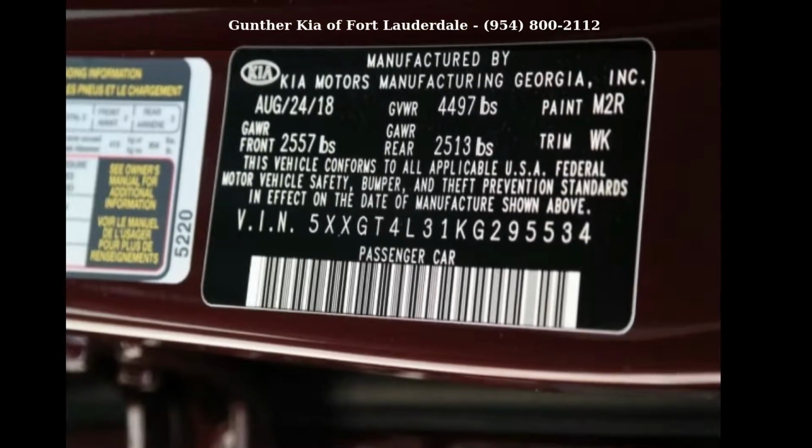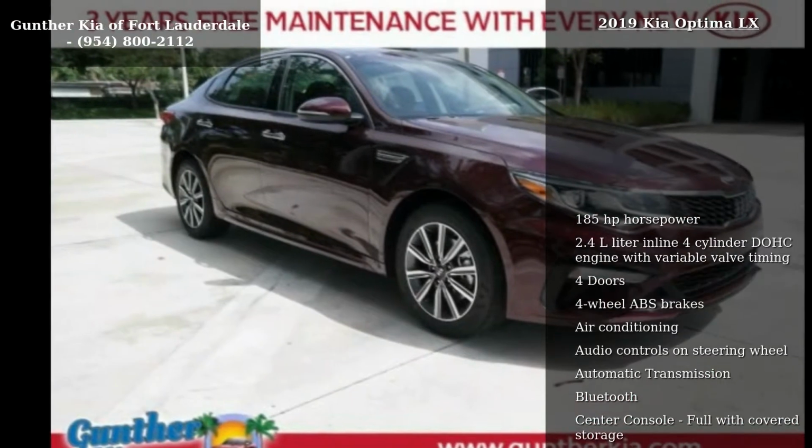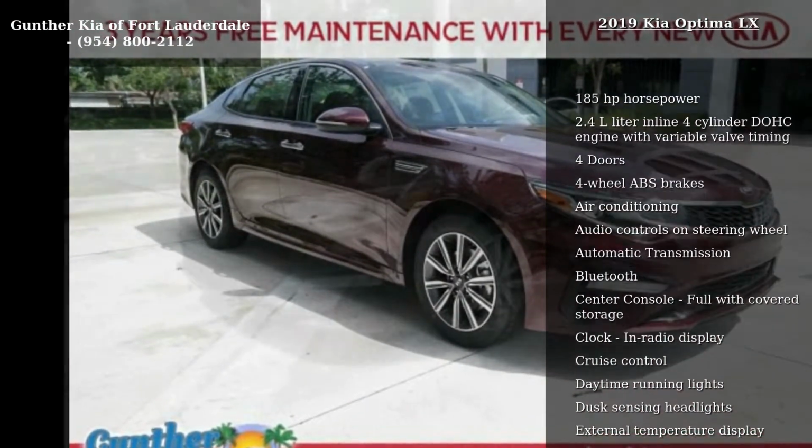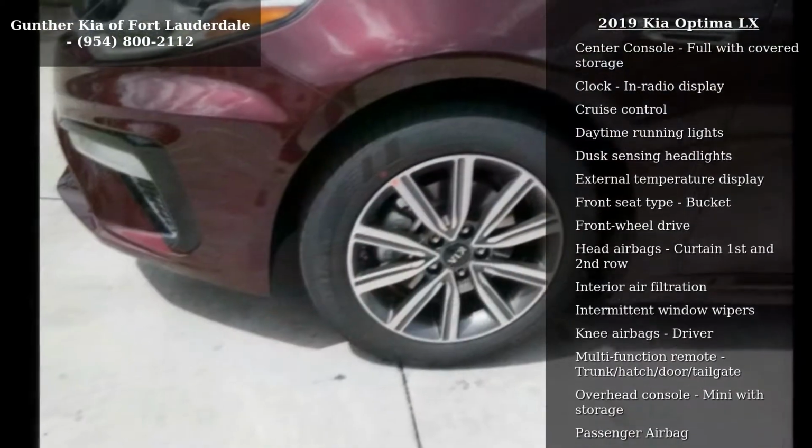Arrive in style with this Kia 2019 Optima LX. If you are looking for a first-rate auto, this one could be yours today. Enjoy these notable features: 185 horsepower,